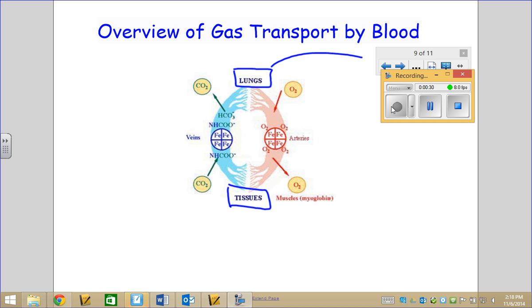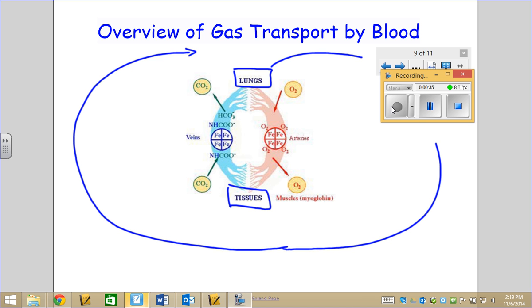So in this picture, blood is circulating in this direction. It's passing by your lungs, going past your tissues, and then returning back to your lungs. And so it's important to recognize, first of all, the direction of blood flow. Because we'll talk about this next, blood that is flowing towards your tissues would be in arteries